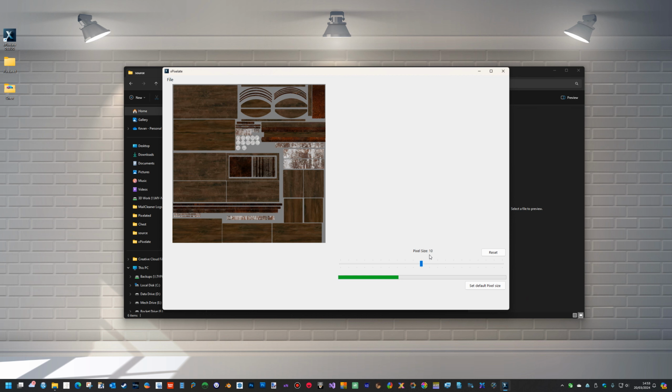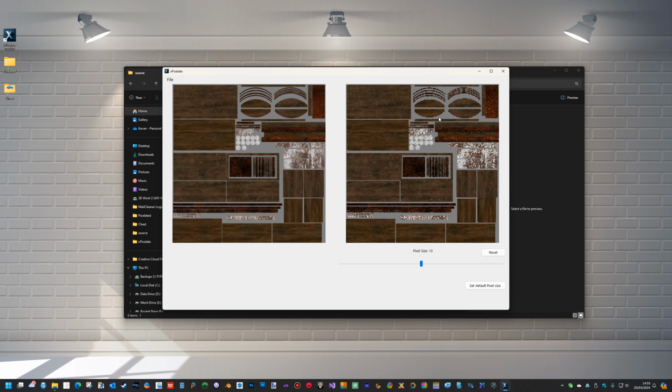What it automatically does is set a density of 10 pixels, so it's 10 pixel cubes. So you can see already that it's got pixelation in there. If we just reset that, that's the preview, and you can see it's exactly the same. We can go up in steps